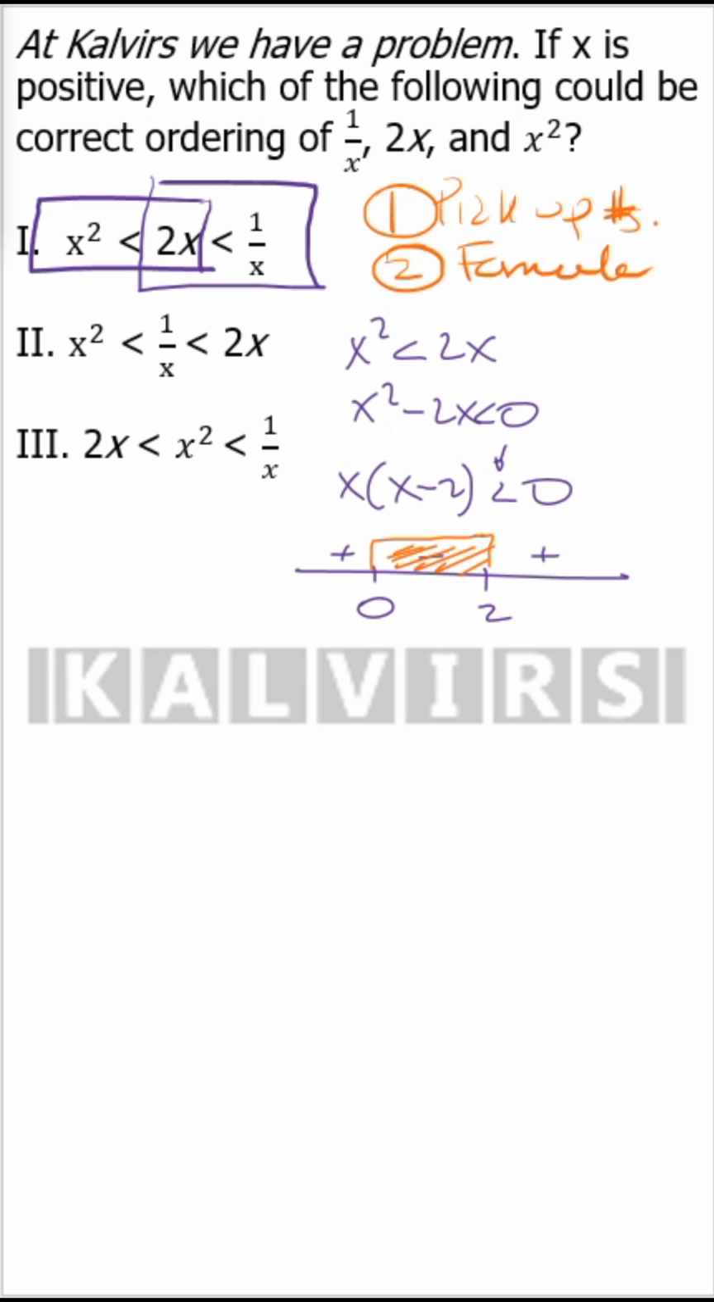Then we will use the other side. The other side is 2x less than 1 over x. If we cross multiply, we see x squared less than 1/2. Then we take the square root of both sides, and we see x is less than the square root of 1/2, and greater than the negative square root of 1/2. Alright,